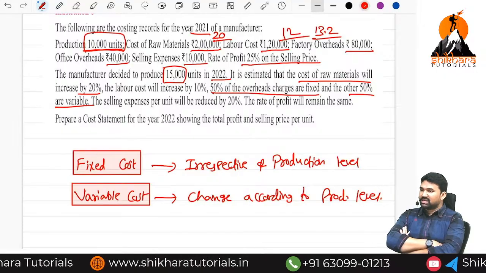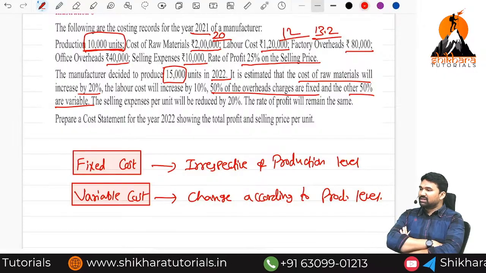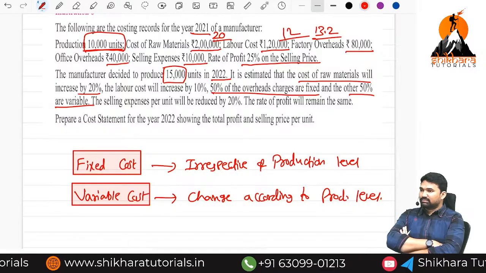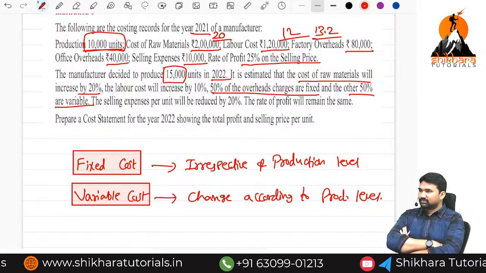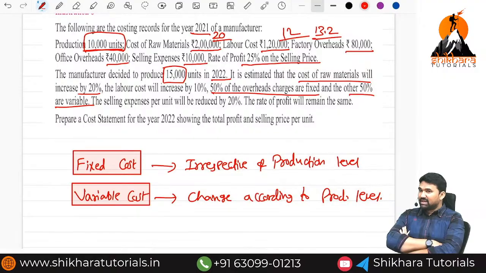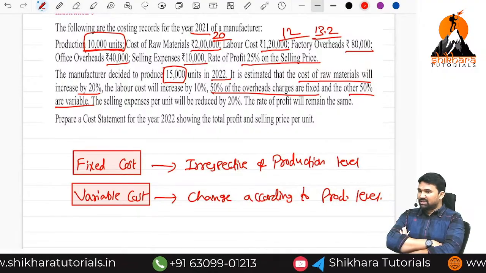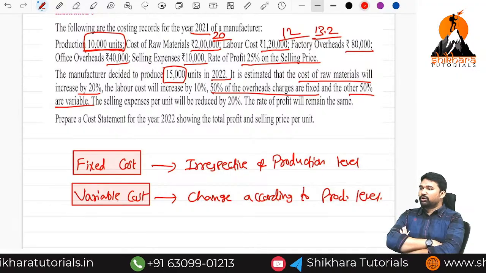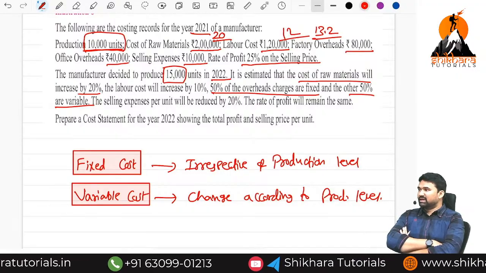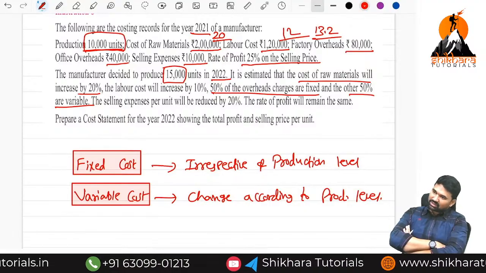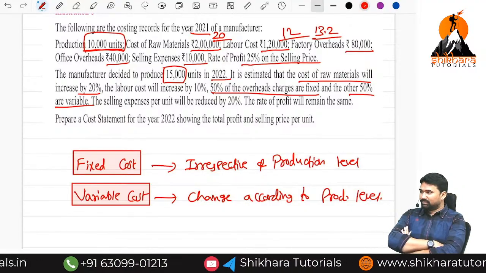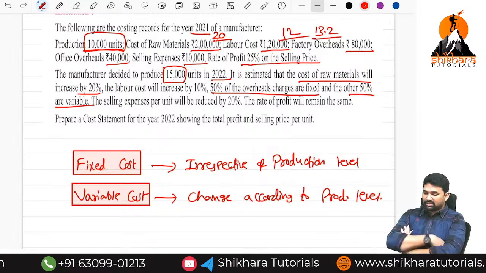Fixed cost means irrespective of your production level, the cost will be fixed. It will not change. Whereas variable cost changes according to production level. That means the more you produce, the more variable cost will be incurred. The less you produce, the less you will incur. Simple. And the main thing is,